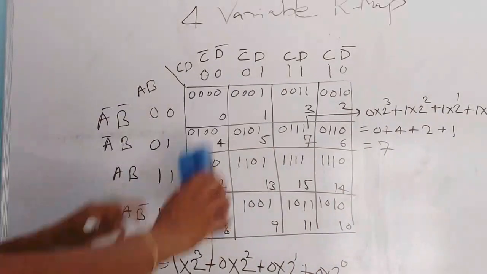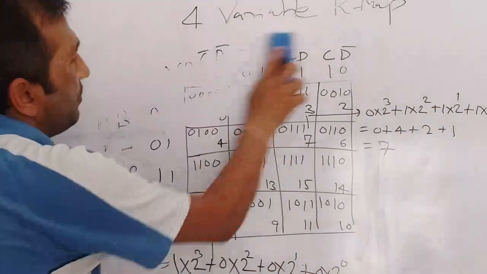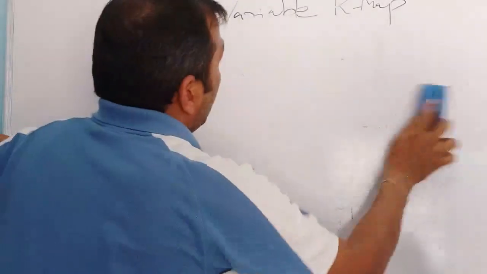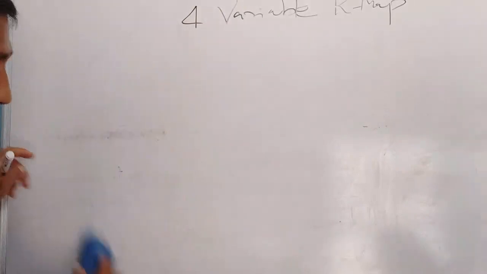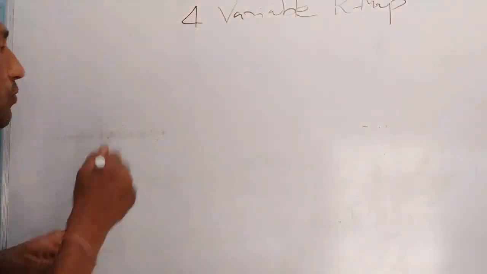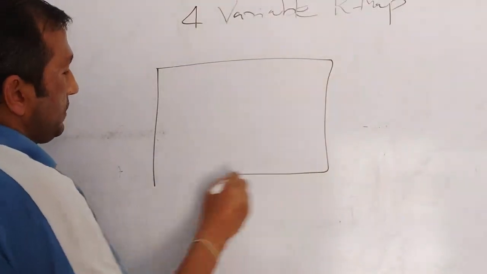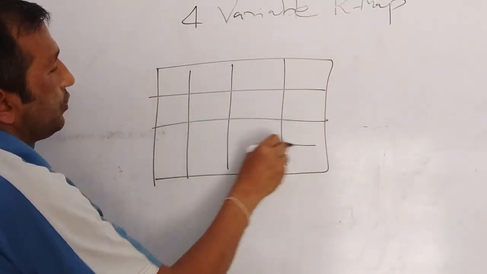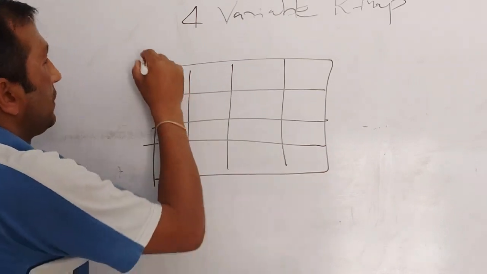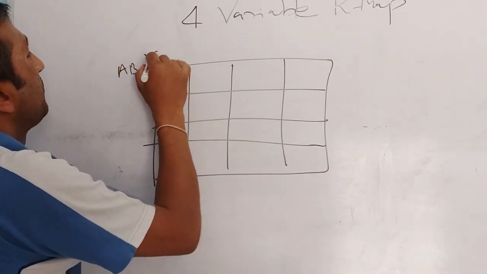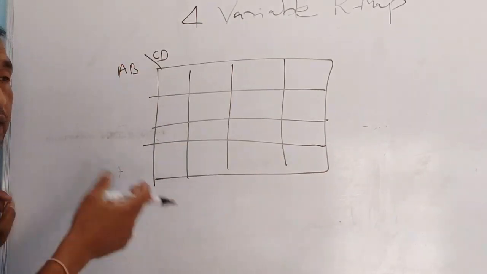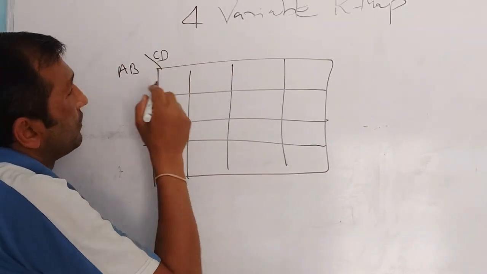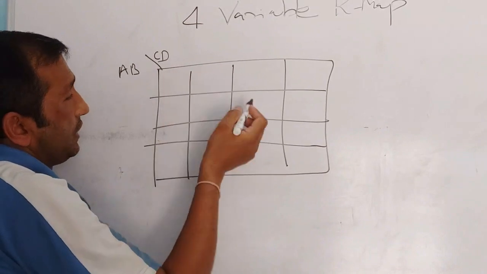Alright, so this all got messed up. Now we will do it again in the proper way. This was the way we needed to do it, but if the question comes, straight away you draw a 4 by 4 K-map with variables A, B, C, D, or W, X, Y, Z depending on the question. And now do the gray coding. Remember that one for 2 variables; here it is of 4 variables.